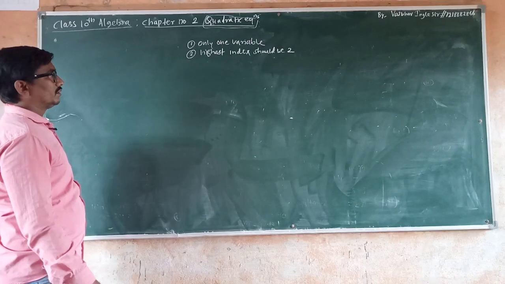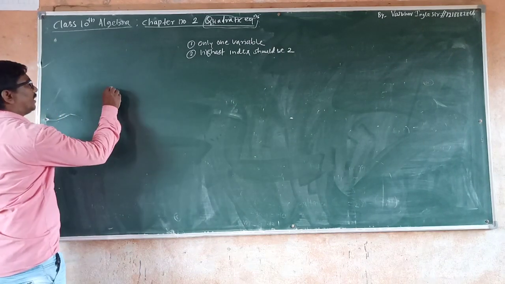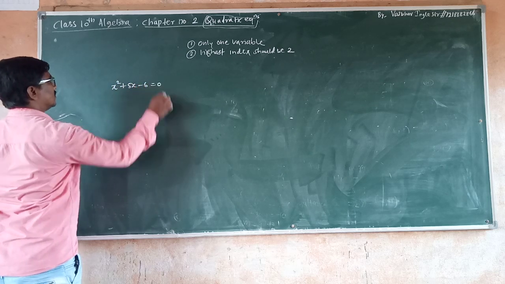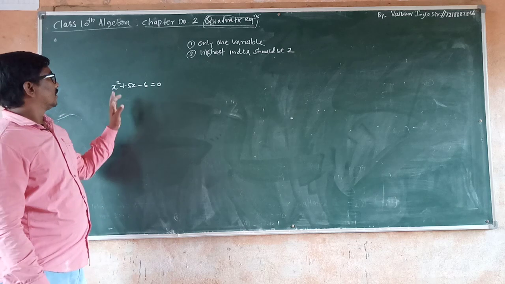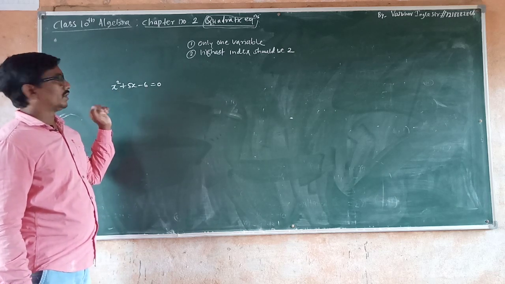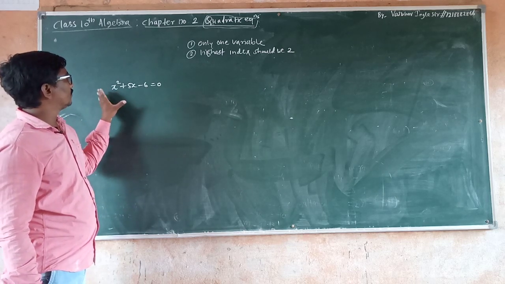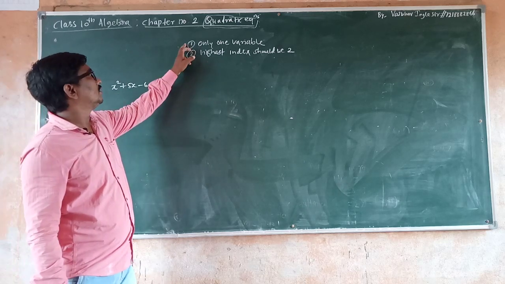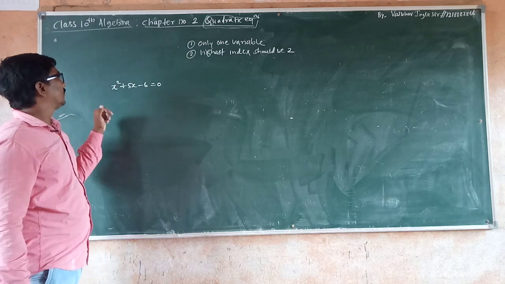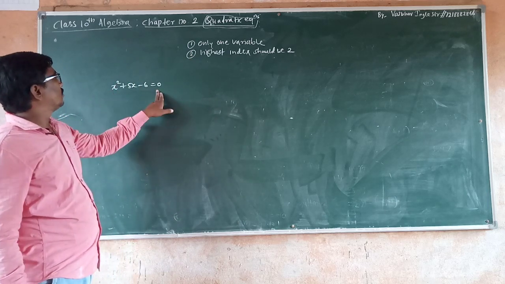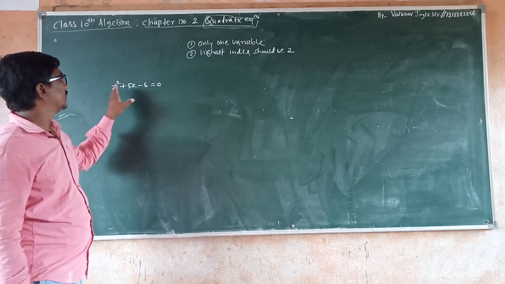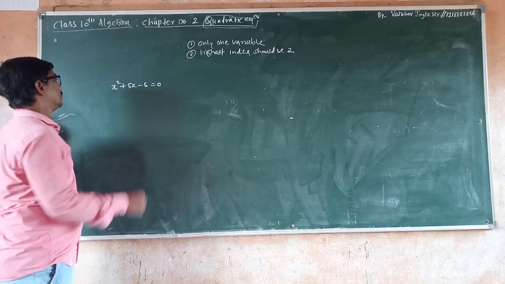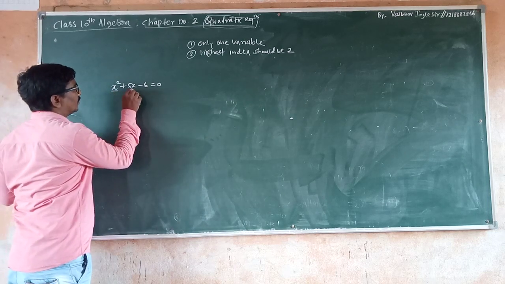Okay, understood? For example, say if I write here x square plus 5x minus 6 is equal to 0 is the equation. Now we have to decide whether this equation is a quadratic equation or not. For that we have to go for these two conditions. Now check whether the given equation written on the board is having more than one variable or not. So I can see here only one variable is used,